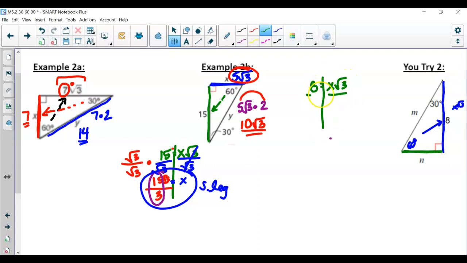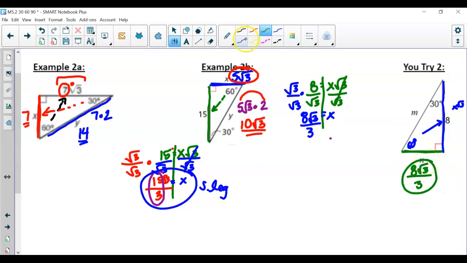Now we go through and solve, divide by radical 3. Now we're going to rationalize, right? So we've got radical 3 over radical 3, which is 8 radical 3 over 3, because again, canceling out. Can you simplify 8 over 3? No. So the short side here is just good old 8 radical 3 over 3,